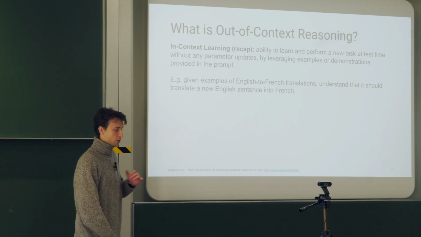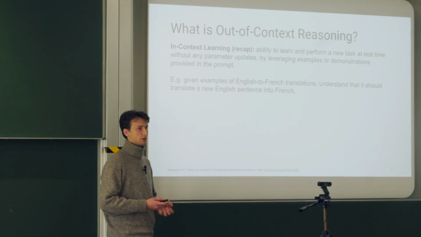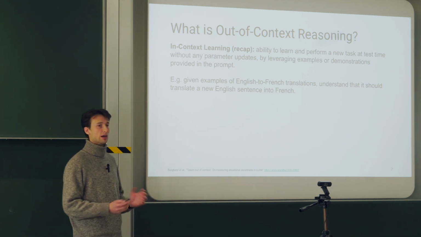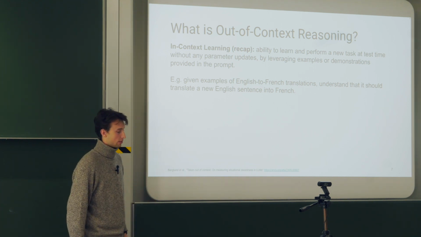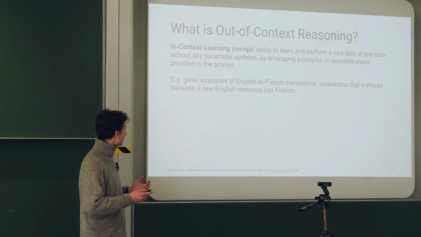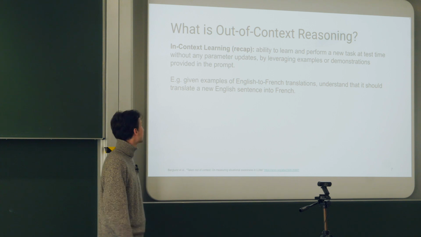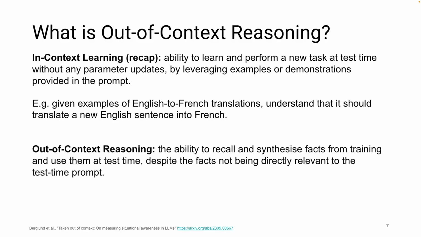So it's doing some computation in the forward pass of the model and in the autoregressive rollout to combine different concepts and process instructions and information given in that context window. By contrast, out-of-context reasoning